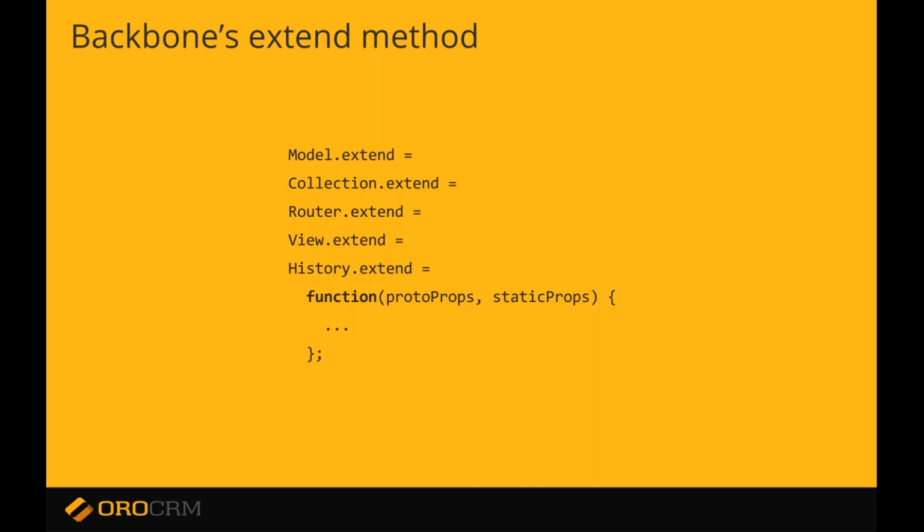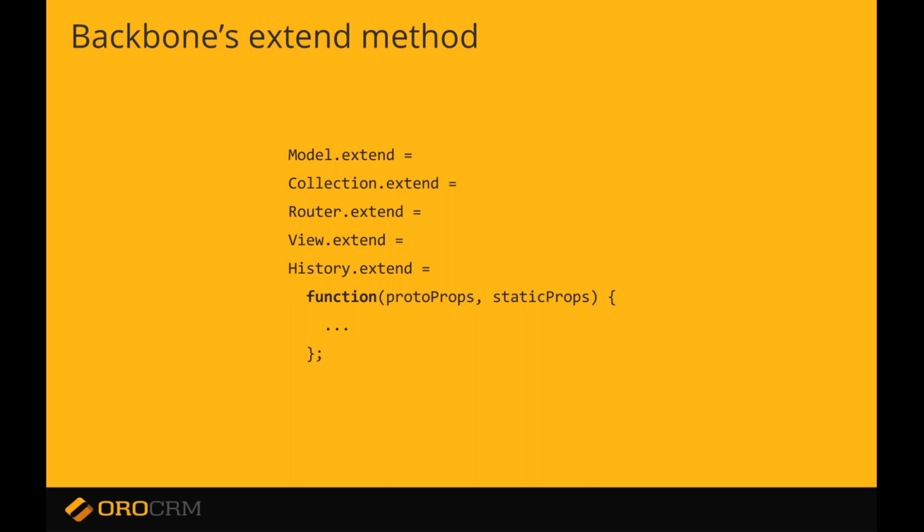Backbone also provides a useful helper method called extend. It covers the under-the-hood functionality that we discussed in the previous session of our webinar on inheritance in JavaScript. The extend method accepts two arguments: proto properties and static properties, and we can create our own custom model or collection by using the extend method